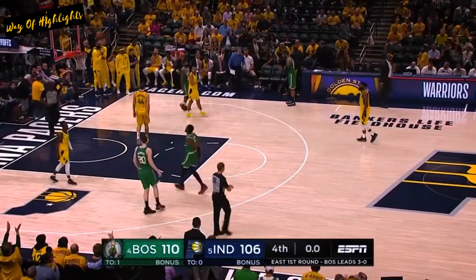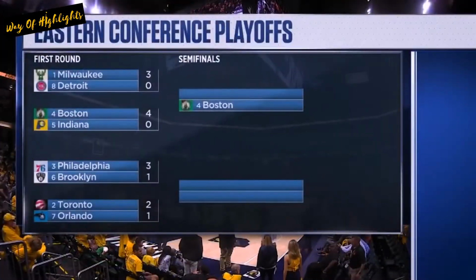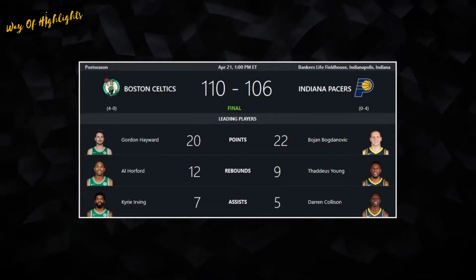The Boston Celtics will defeat the Indiana Pacers 4-0 for their first playoff sweep since 2011. They'll move on to take on either Milwaukee or Detroit. Milwaukee with a stranglehold on their series against